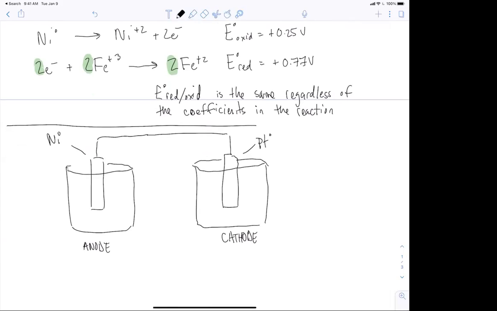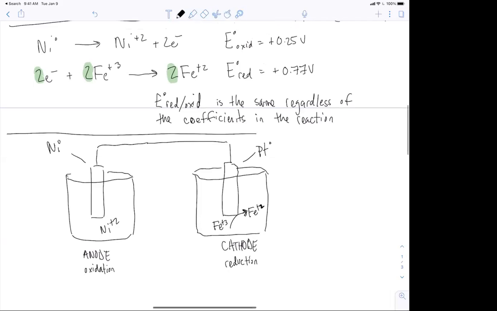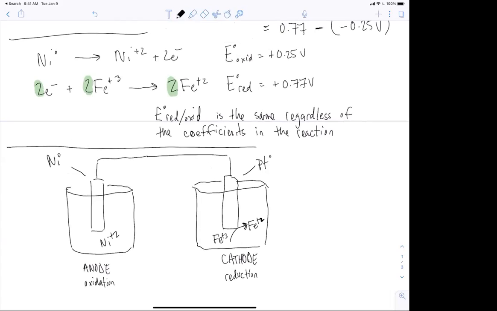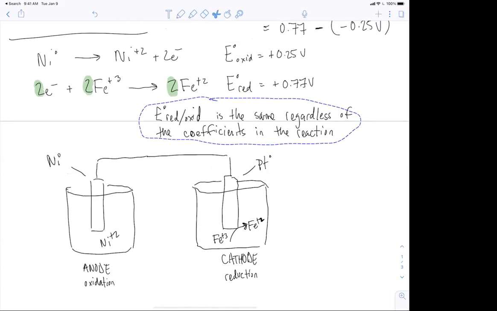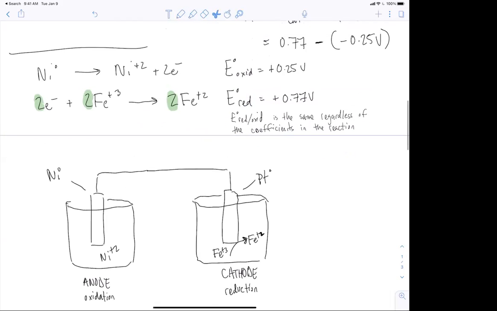And the nickel is being oxidized to nickel 2. So oxidation is occurring. And then at the cathode, we had this reduction occurring where we're reducing iron 3 to iron 2. So if we took this cell,